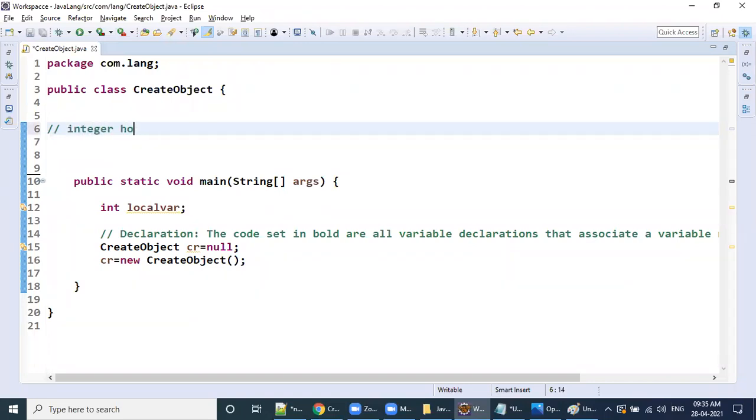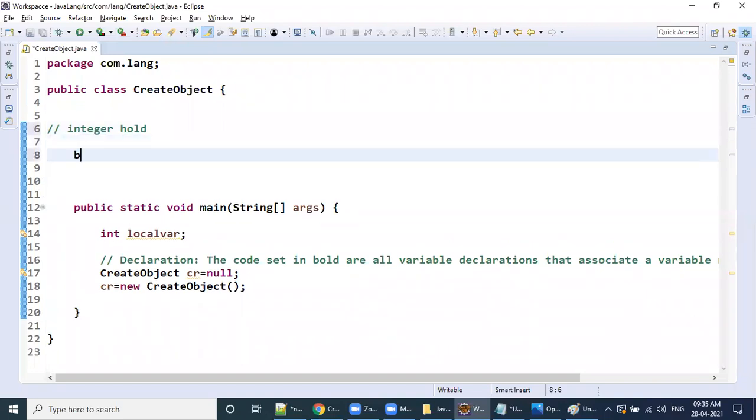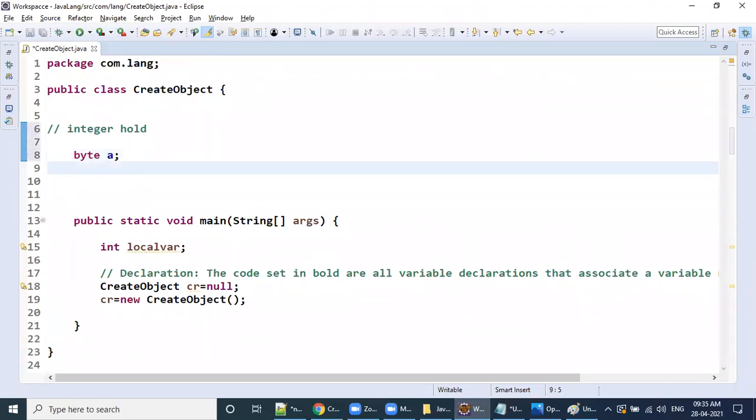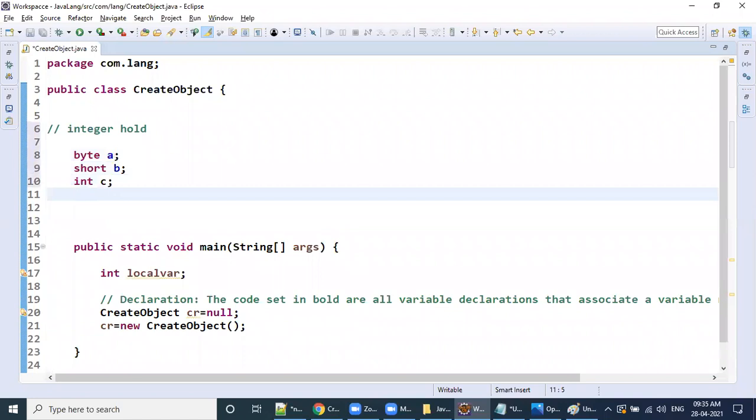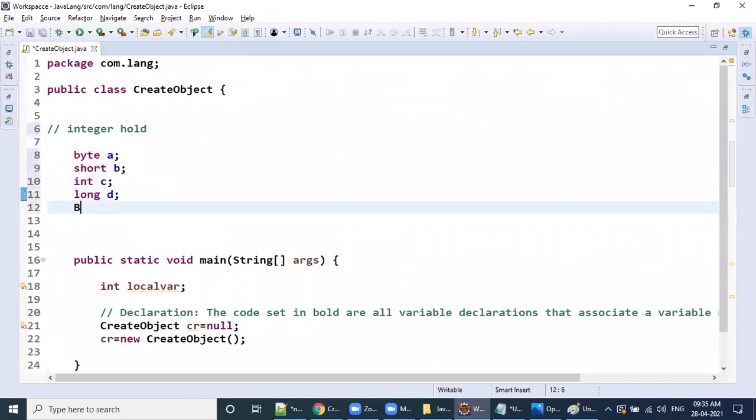We have byte, byte A. Next one is short. Next one is integer, integer C. Next one is long, long D. Next one is what? Big integer.